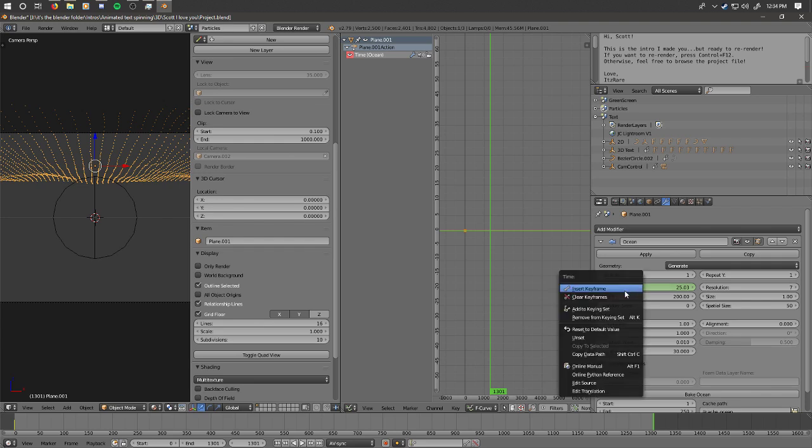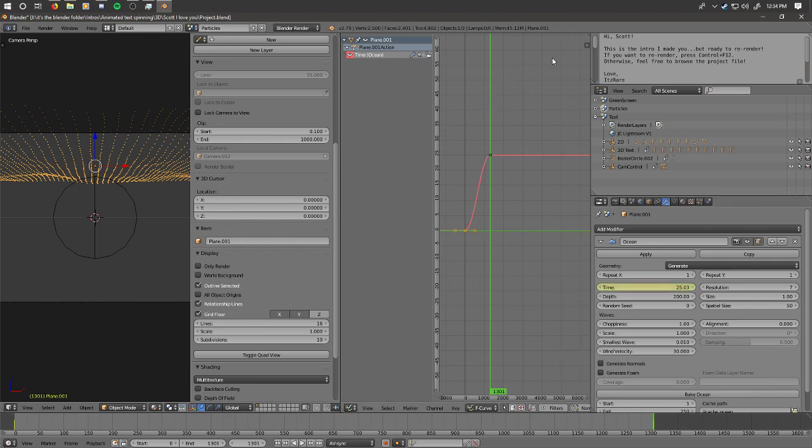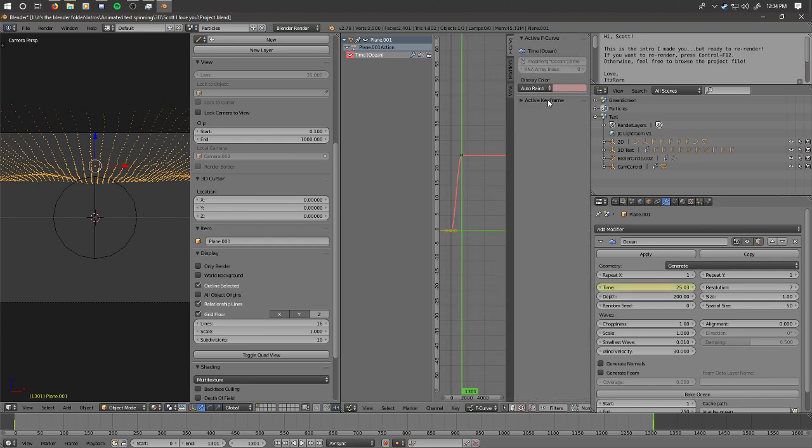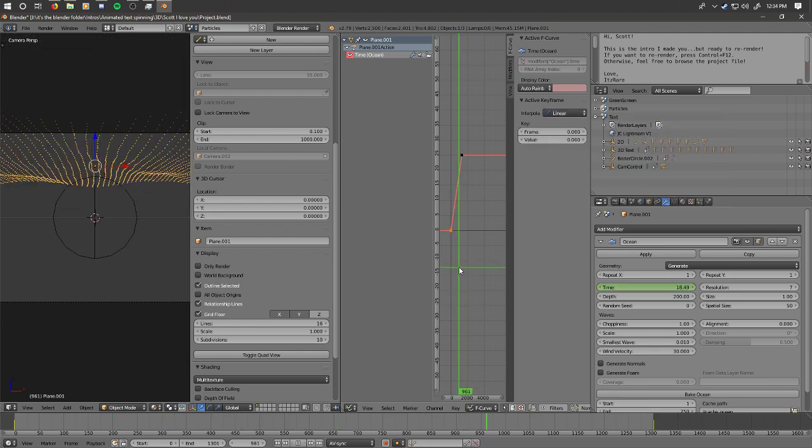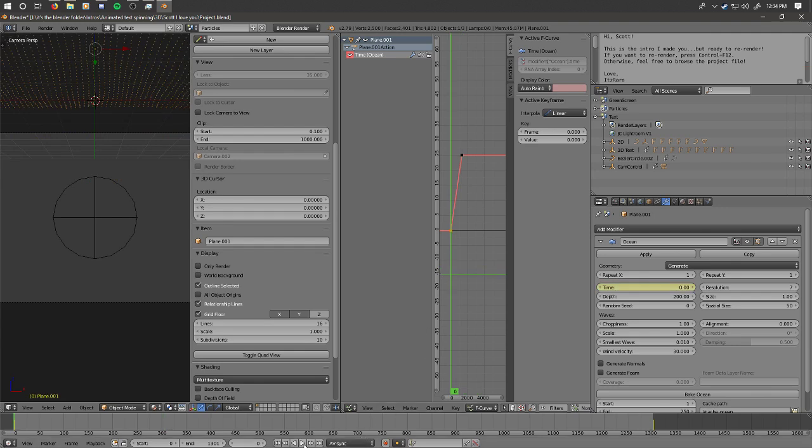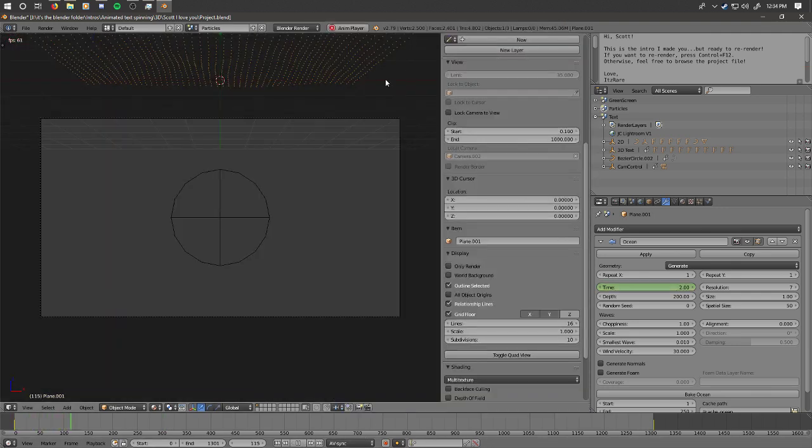So there's that. I'm just going to keyframe that. Now, as you can see, it's a Bezier line. The worst line, which I don't want it to be. I want it to be linear because it's time-based. So let's see how it looks.